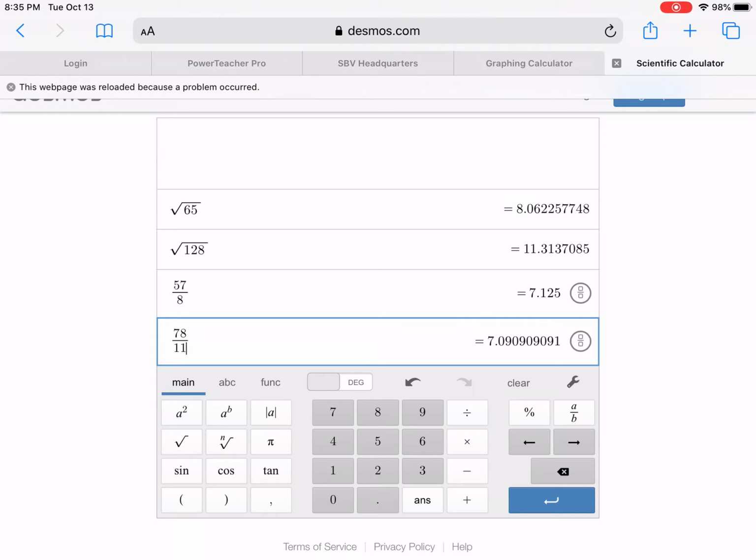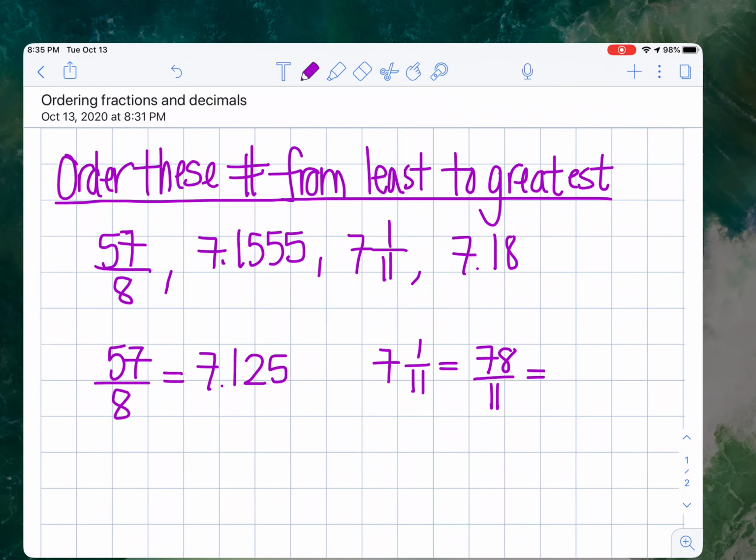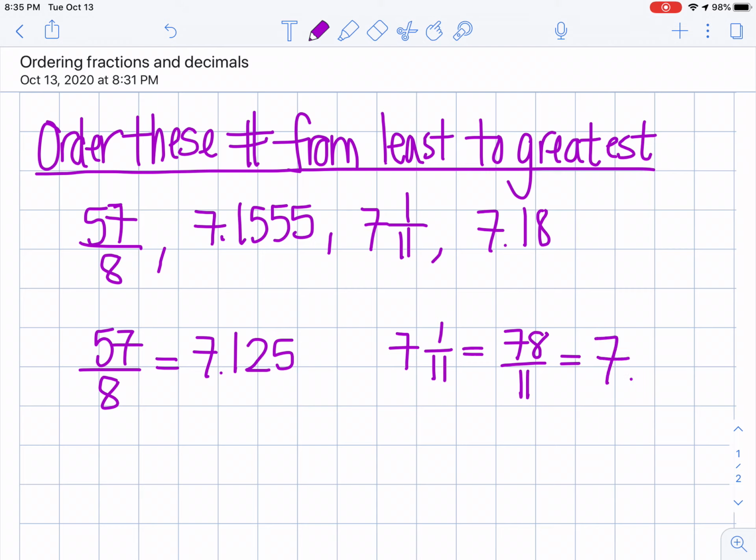Let's go 3, so 7.091. The reason I rounded it to that and not just 0.090 is because I have